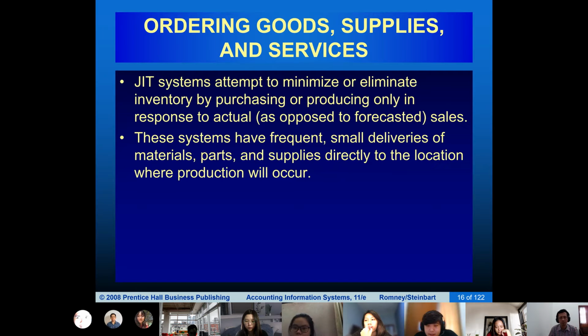Just in time is different from MRP, where MRP makes a prediction of how many products will be required in the future, in a certain month. Just in time only buys when there is an order. You can take an example of a new Japanese car. If you want to buy a new Japanese car in Indonesia, you could not immediately have it, especially a car that is produced in Indonesia.